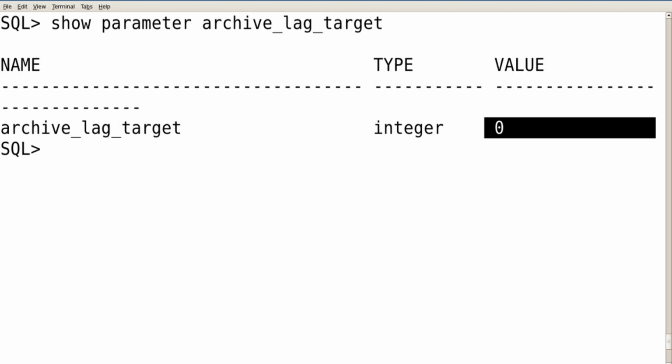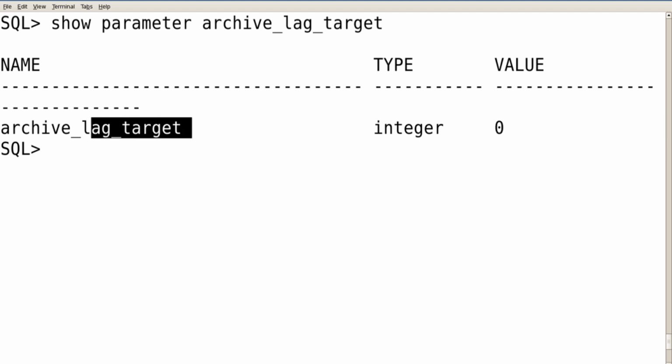So by setting this value, after the set number of seconds, a log switch happens automatically. Let's take an example.